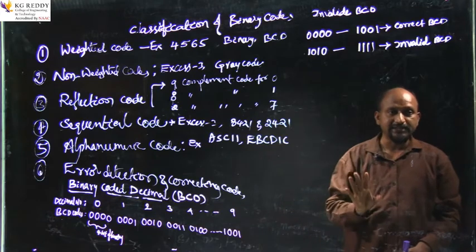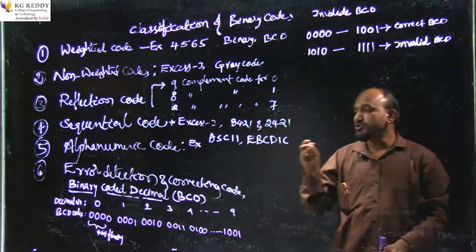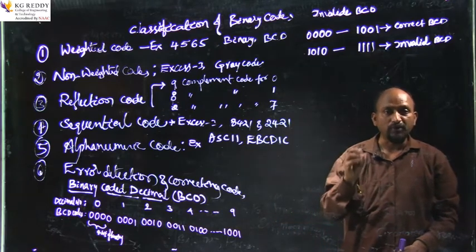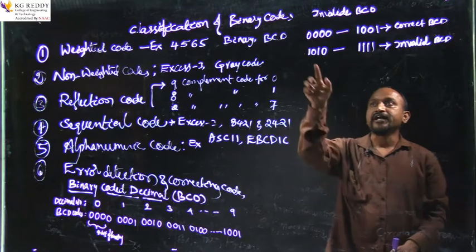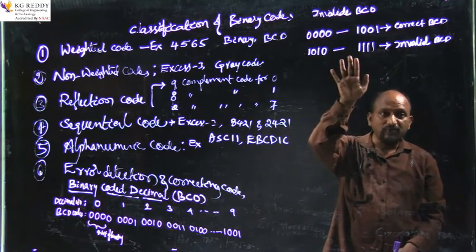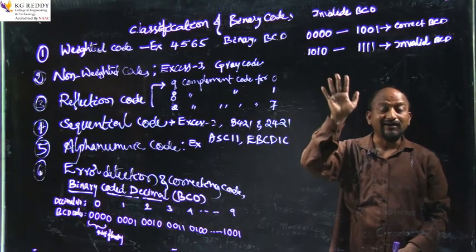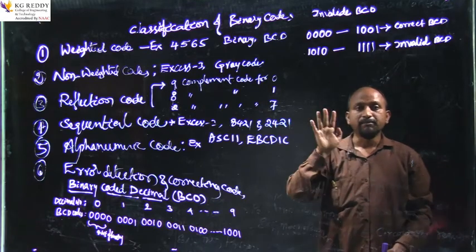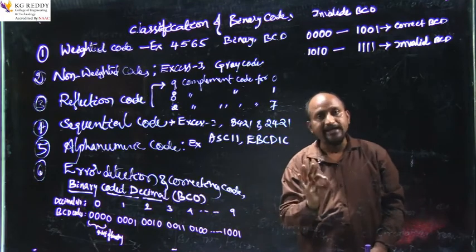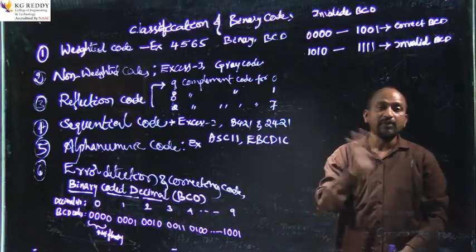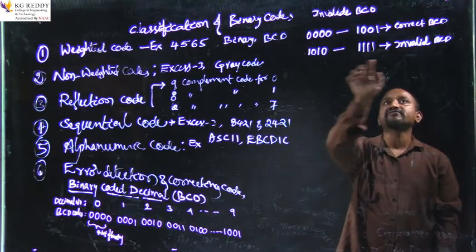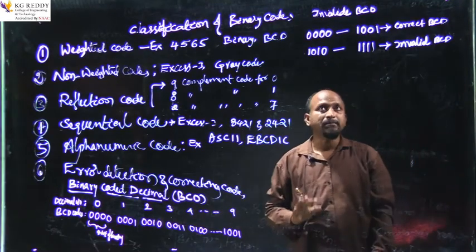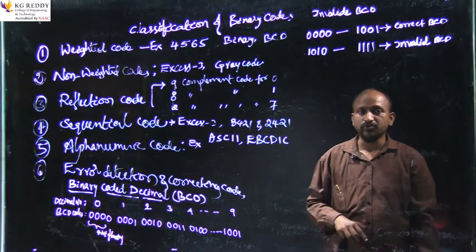BCD codes exist up to 9 only. So 0 to 9 are the BCD codes consisting of 4 bits of binary, whereas 10 to 15 are also 4 bits of binary, but these are not considered correct or valid BCD, because BCD numbers are from 0 to 9 only. So the remaining ones are not BCD numbers. These are the invalid BCD, I can say incorrect BCD or not BCD. This is a very important point to keep in mind.